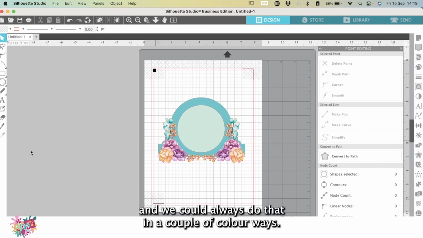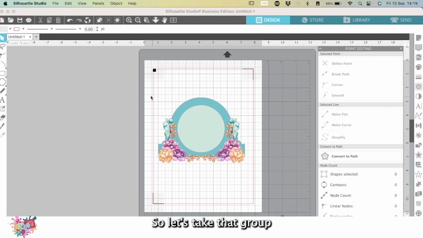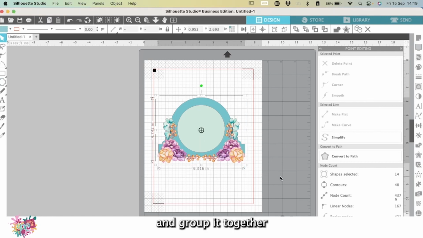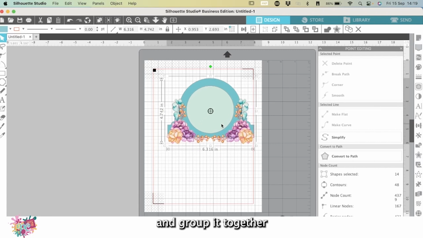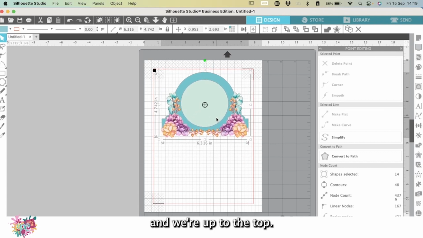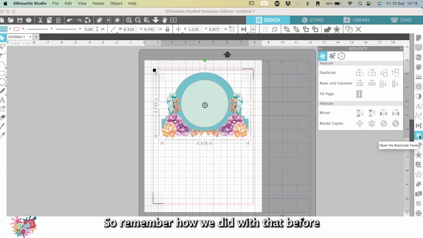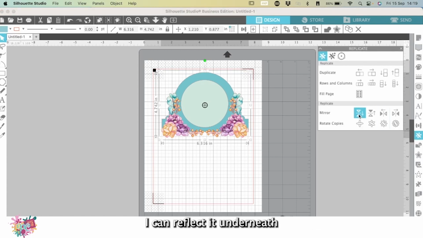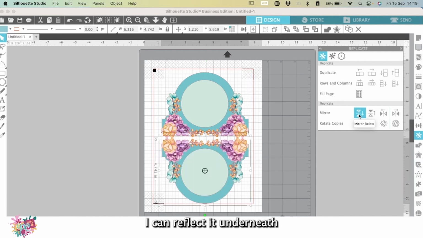And we could always do that in a couple of colourways. So let's take that group and group it together, and move this up to the top. So remember how we did reflect before? We're going to reflect it underneath, like so. And then we can do things like shape cards if you wanted to, and so on and so forth. But for this one I want to do a different colourway, so